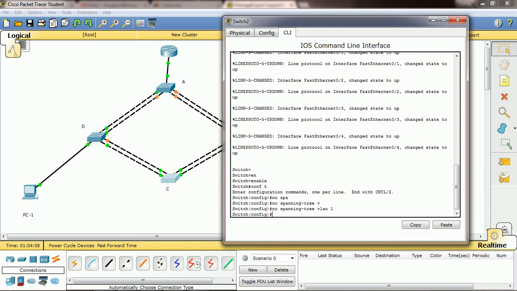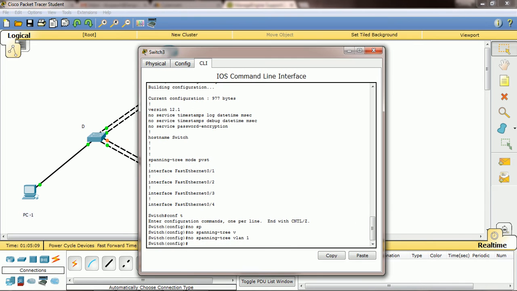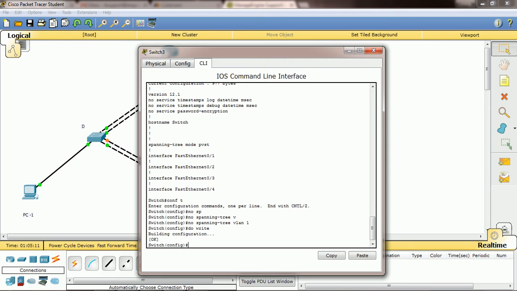So once you enter, see this side also it's enabled all the ports. Now you can see this is continuously blinking, which means looping is going to happen from this switch to this side. Okay, then I think I forgot this command in the previous switch, do write, nothing but the copy command. I will go here and copy the command, do write, right?